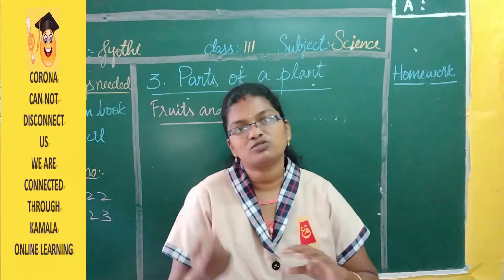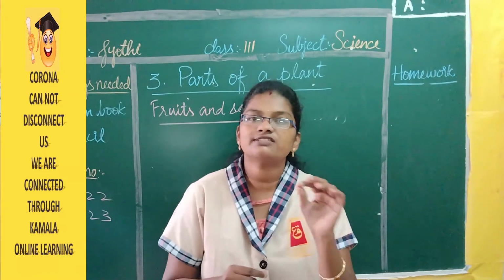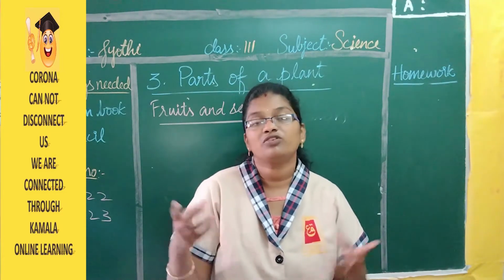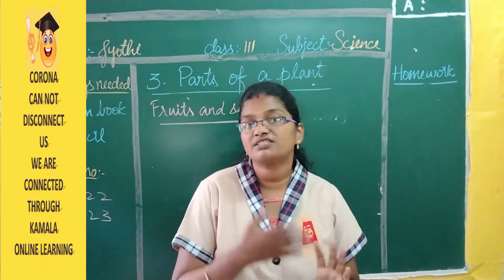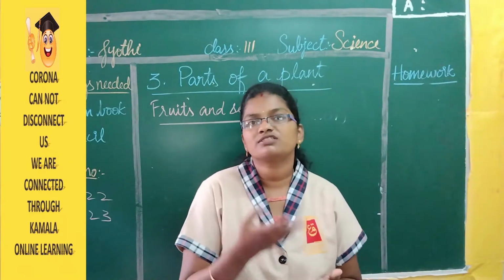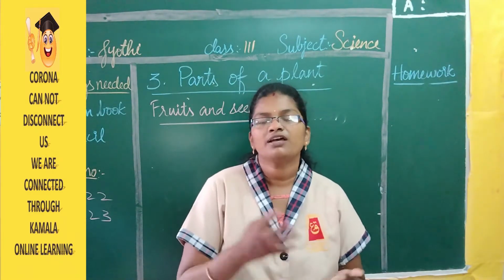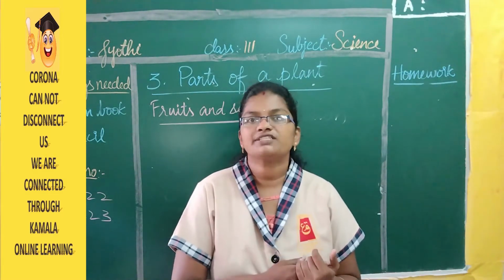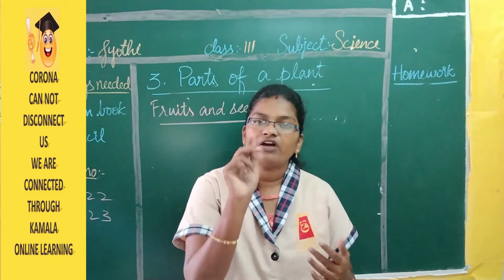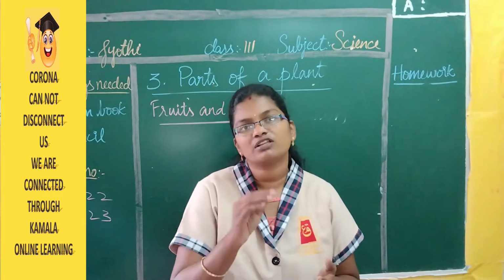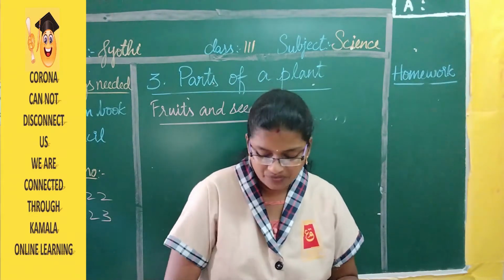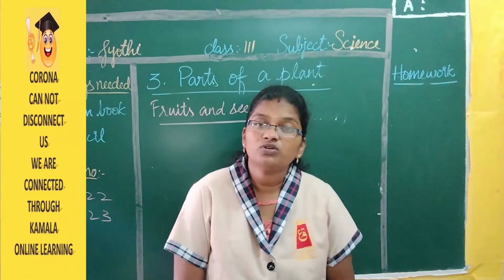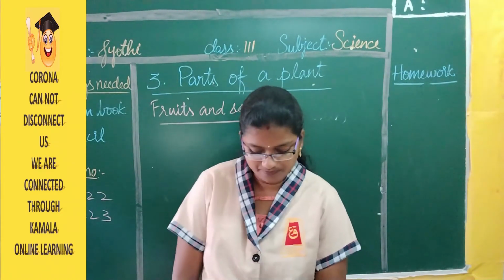So there are so many fruits, but inside the fruits there will be different amounts of seeds. If you take mango, only one. If you take pomegranate and papaya, there are many seeds. Apple, there are only a few seeds. Grape or orange, there are 10 to 15 seeds. Lemon, around 8 to 10 seeds will be there. In one grape you can see only one or two, or sometimes 3 or 4 also, right? So like this, different fruits will have different seeds. About those fruits we are going to learn today.